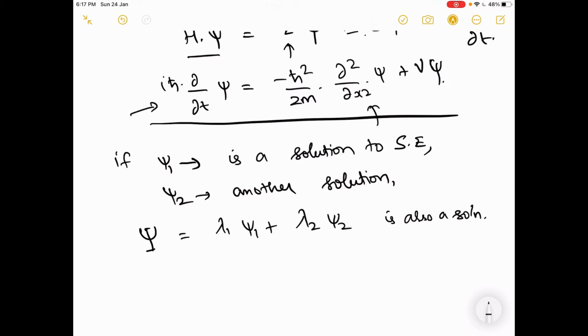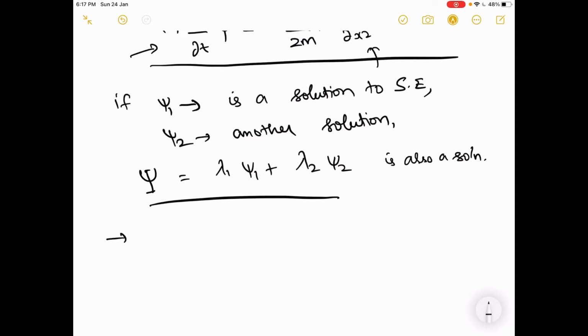So this is the linearity of the equation. Because it's a linear equation, you can clearly see that if I substitute psi 1 and psi 2 and also psi, the capital psi is also a solution, right? And the second point is, if V, that is the potential energy, is time invariant,